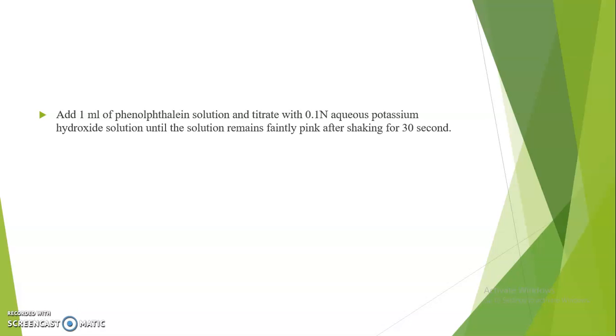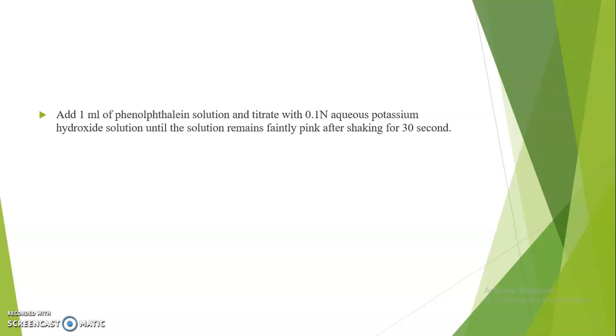These types of titrations are known as direct titration. Where the back type of titration means what? Here in this case, suppose we want to carry out the determination of an acid. This acid is first reacted with an excess amount of alkali which is added in our conical flask itself.